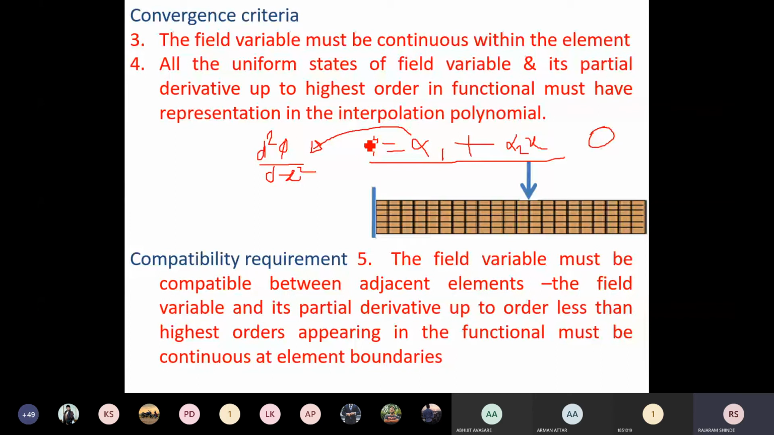See here, while selecting the interpolation polynomial, you have to check the derivative of